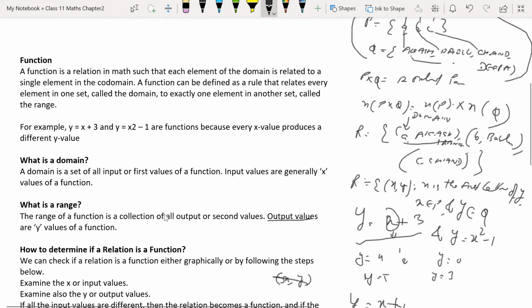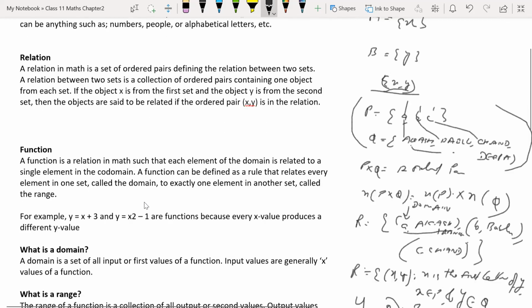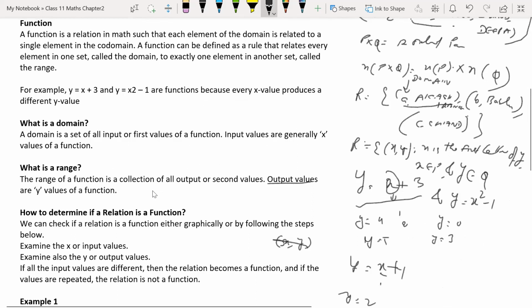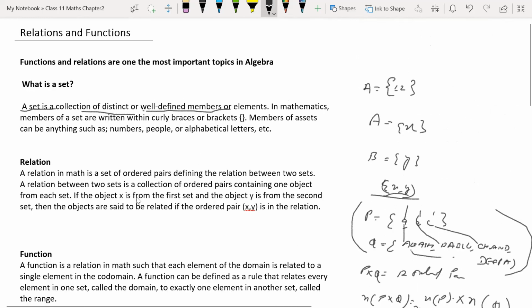I hope you understand well relations and functions, domain, range, and sets. In the next class, I will solve the second chapter for you,